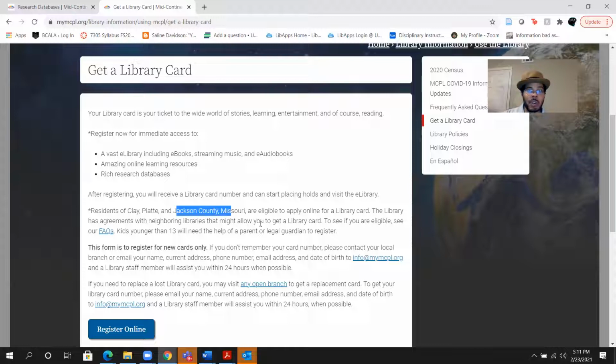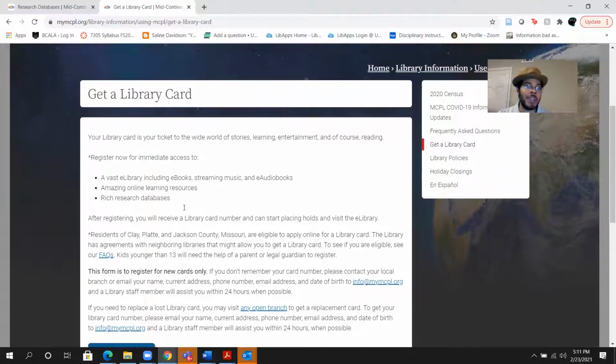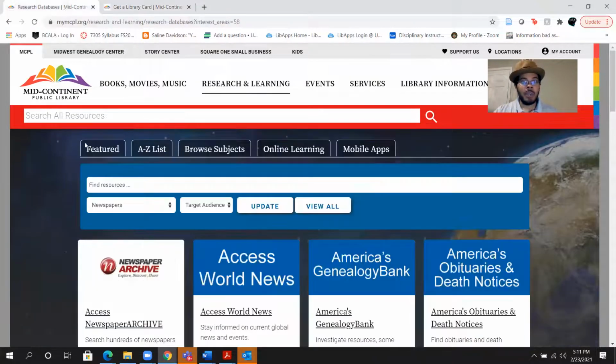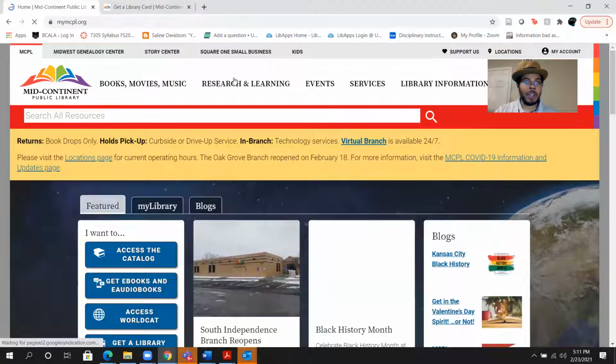But there's also reciprocal, again, with Johnson County, and I believe also with Wyandotte and with Kansas City, Kansas, as far as being able to join this. So you should be able to join this Mid-Continent Public Library system pretty much no matter where you live in the metro area. So from there, if you ever need to look at the Kansas City Star, just go to